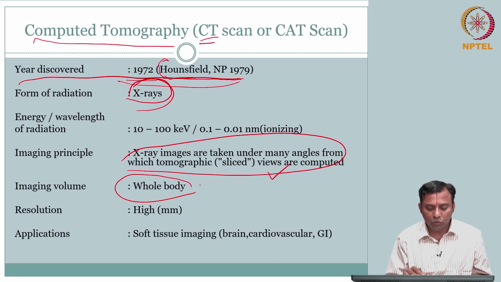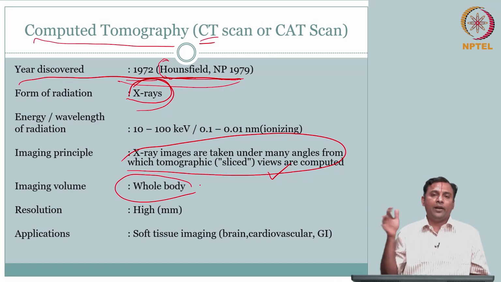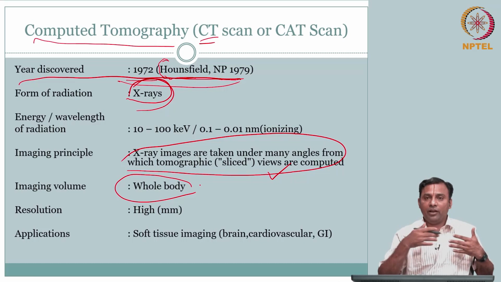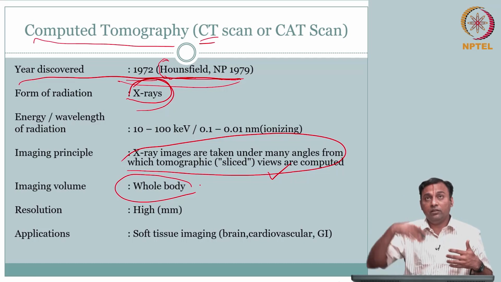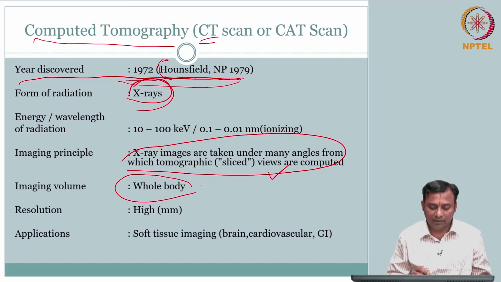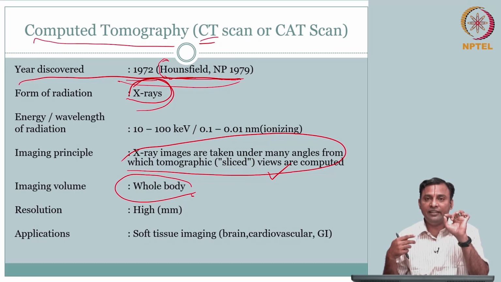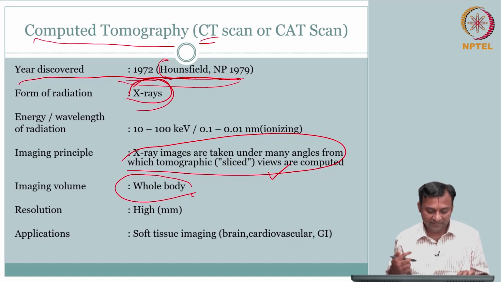So same advantage, you could do a whole body. This is kind of 3D now, right? When you do an X-ray projection of the whole body, you get one direction of me. You can collapse me from the front to back, or from sagittal, coronal, or axial, it doesn't matter. Whereas here you are going to get 3D, you get slices, so you can actually see every little detail where it is situated in X, Y and Z.